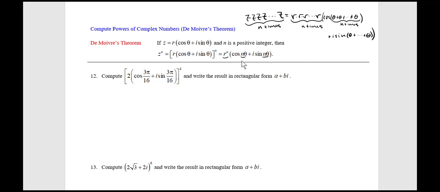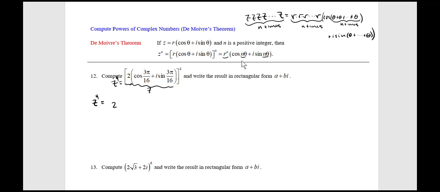But we'll see it becomes very easy to compute something like this weird complex number here, 2 times all this stuff in polar form raised to the 4th power. Let's write the result in rectangular form, a plus bi. Well, let's call this z. By de Moivre's theorem, it's called z to the 4th actually. This thing to the 4th